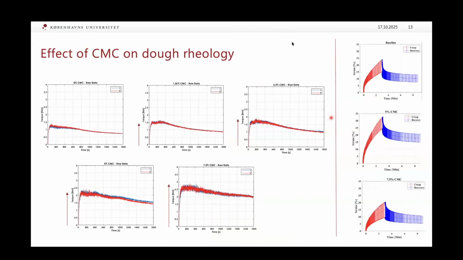And here we can see we did a creep recovery test. So basically we apply creep, and then we measure the recovery of the dough, and we could see that we could gain more recovery once these fibrils were formed, and then before and after we lose that. We're still testing this because it's just preliminary, but I think the point here is when we